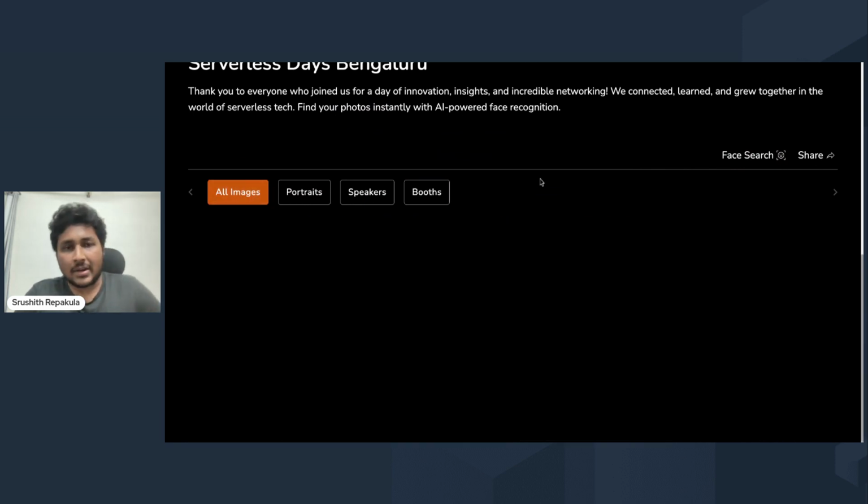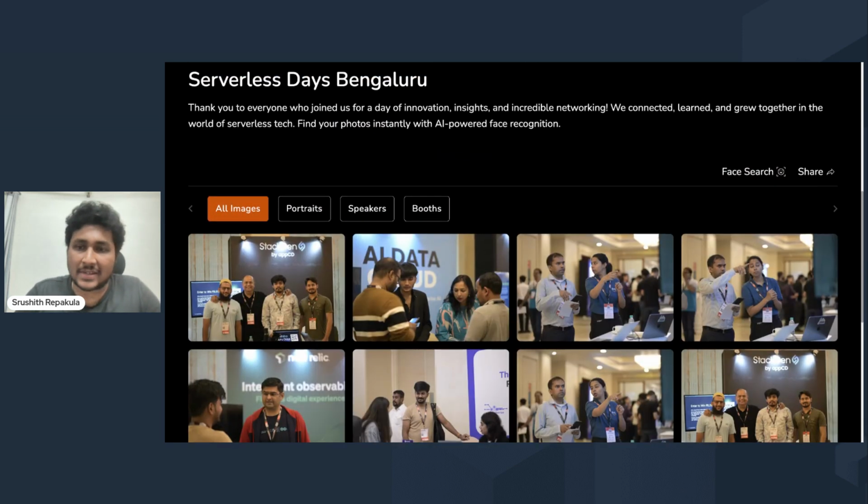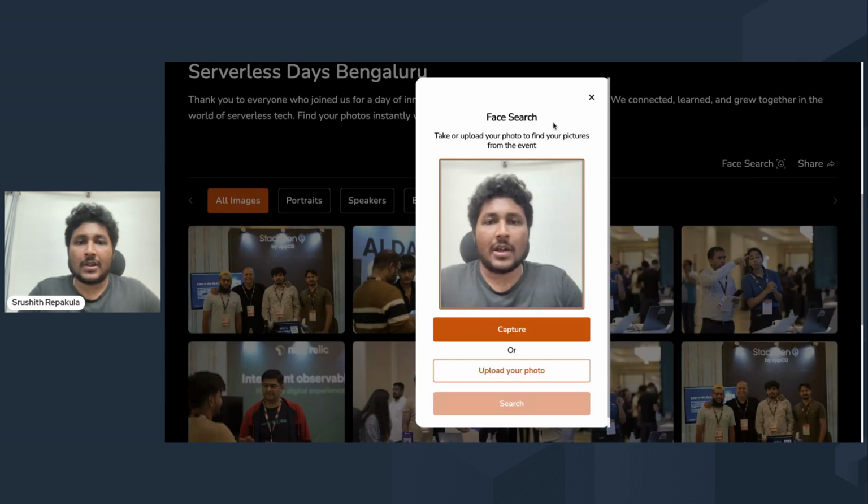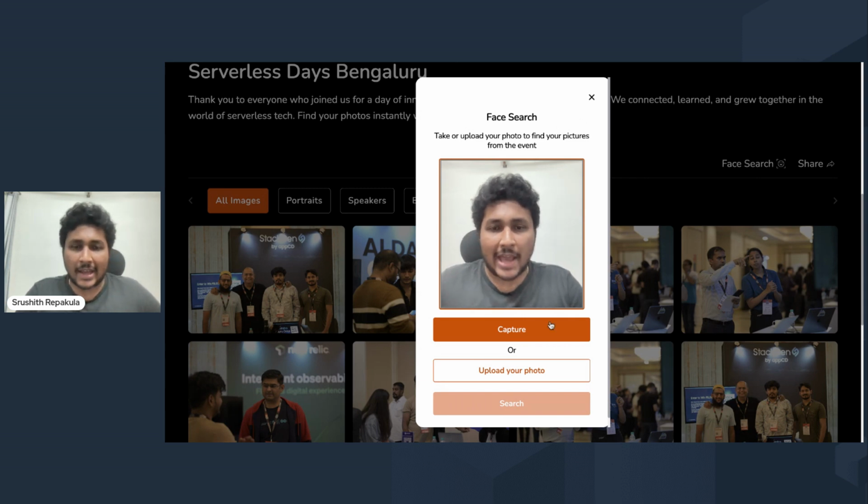Now, as an end user, I was a part of this event. I know there are hundreds of images over here, but as a user, what am I more interested in? I am more interested in finding out the images that I am a part of, right? So that is where the face search feature comes into the picture. As you can see here, I have clicked on the face search. I can either capture a photo or upload a photo. I'm just going to go ahead and capture